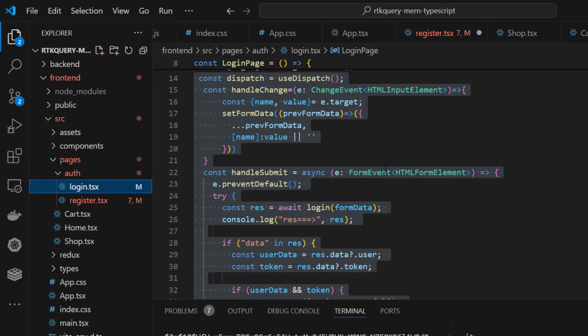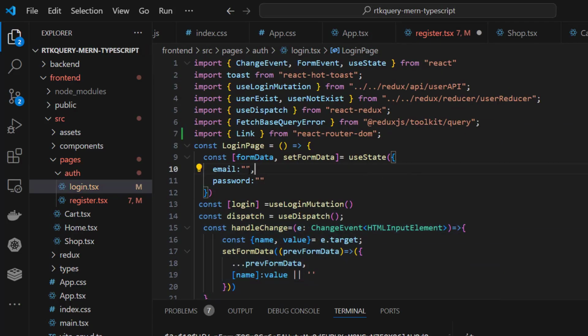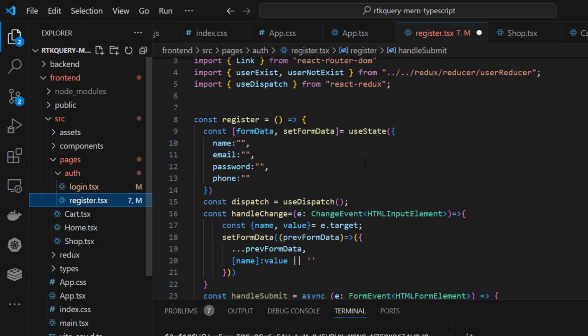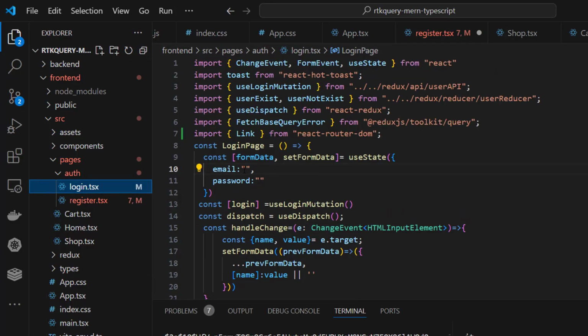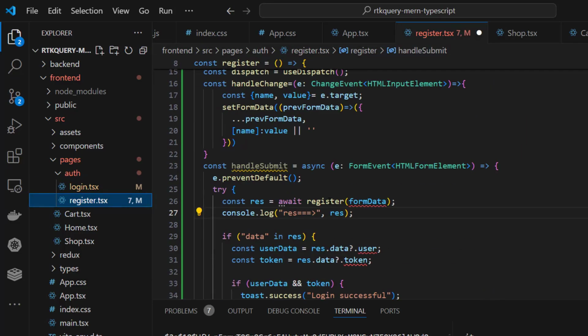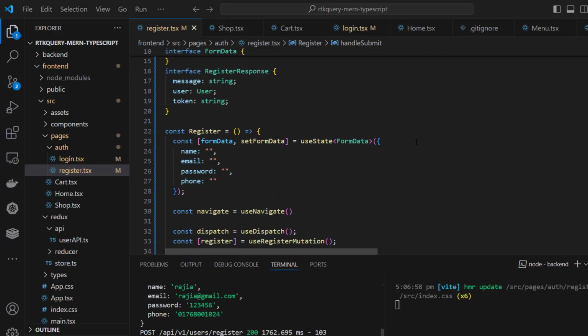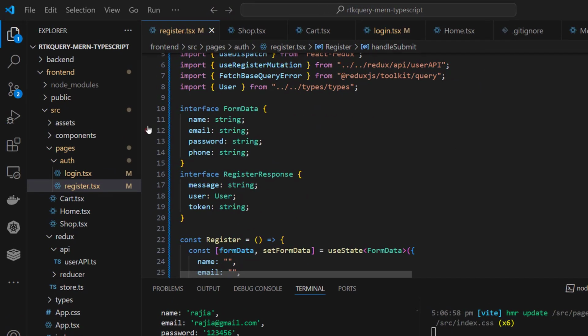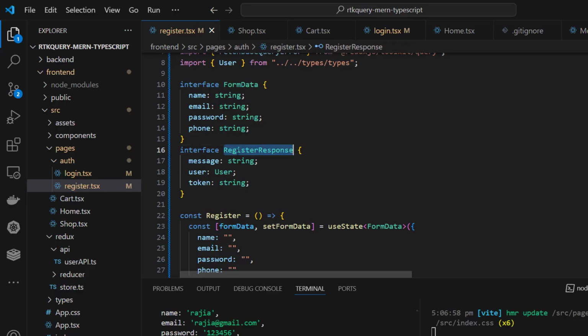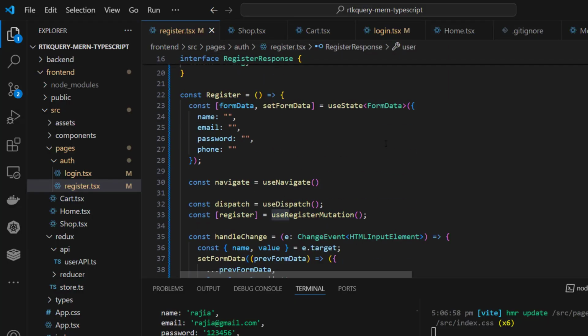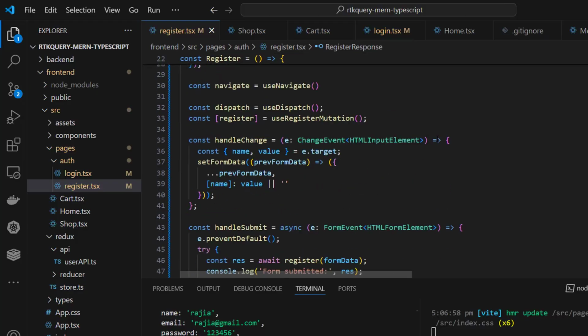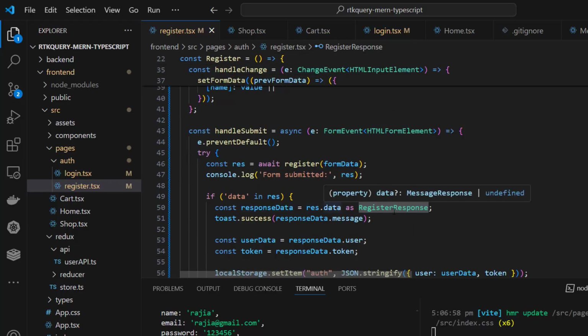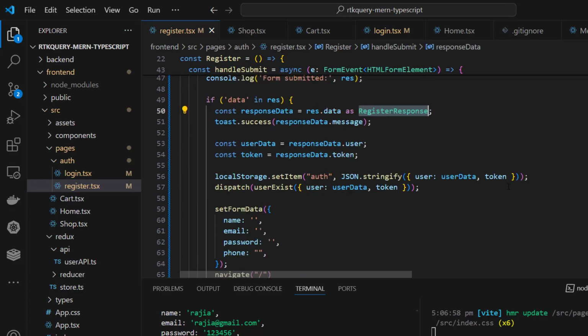What we have over here, useState is very wrong. Form data, set form data. Okay, I'm checking. So it has some errors. I have solved it and I am explaining what I have done. I have created a new interface, RegisterResponse, and brought the user into RegisterResponse using response data over here. It was giving a TypeScript error. That's why I'm using register error